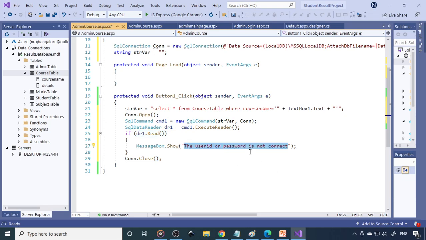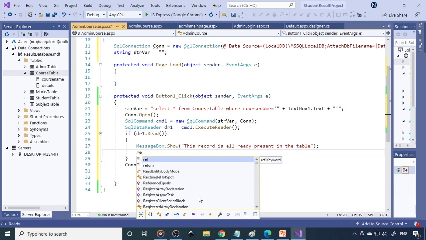So you can give the message, this record is already present in the table, or whatever message you want to display. We don't want to save that record, so after this we don't want to execute the rest of the code.